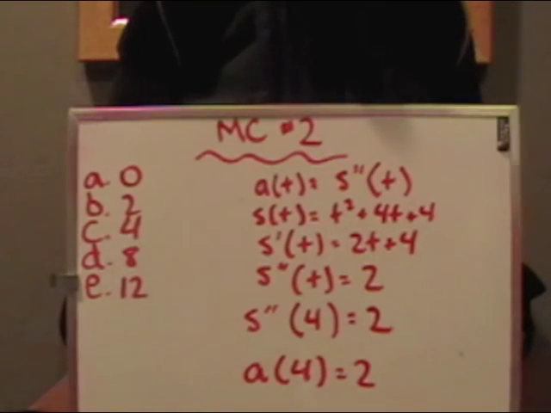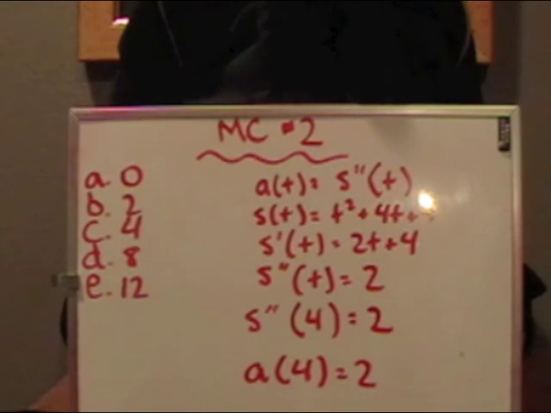So acceleration is equal to s double prime, so we define s double prime, and so s of t is equal to t squared plus 4t plus 4, so s prime of t is equal to 2t plus 4. And that means that s double prime of t is equal to 2. And so then we plug in 4 for t in s double prime to find the acceleration. And that is equal to 2, so s double prime of 4 is equal to 2. And so acceleration at t equals 4 is equal to 2, which is